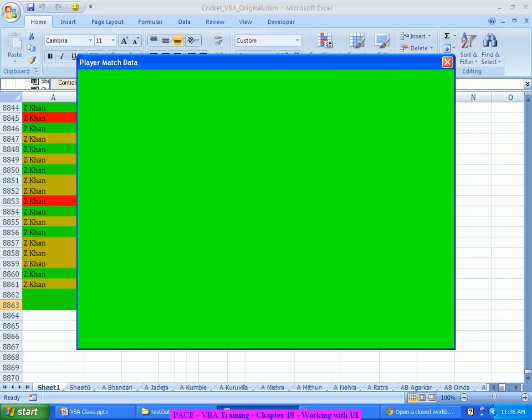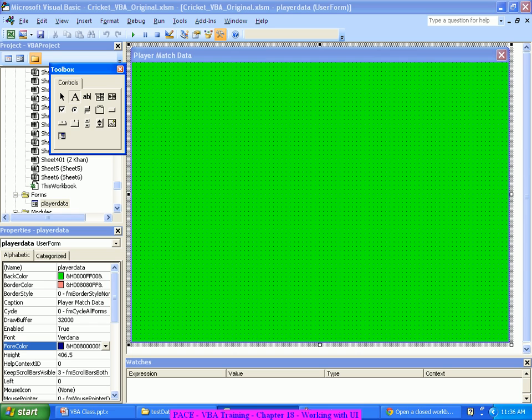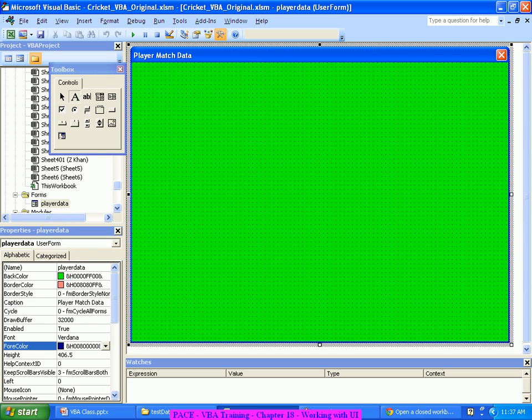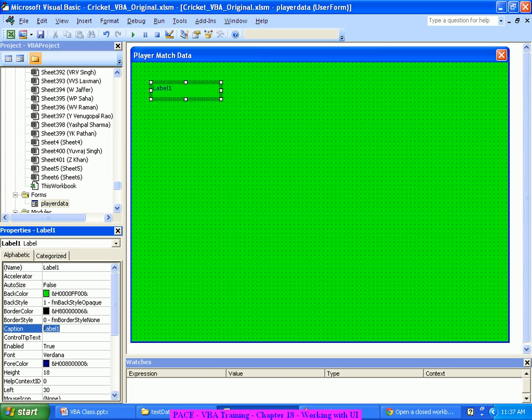Now I'll try to fill some data onto the form. The way I would like to fill the data, probably I need to enter a player name. So these are the different controls I can put on that form. This is like a label. So I'll select this label and put a label entry here. And this label, probably I'll call it Player Name.